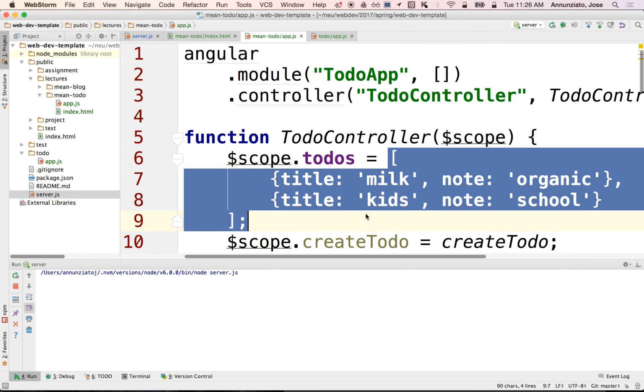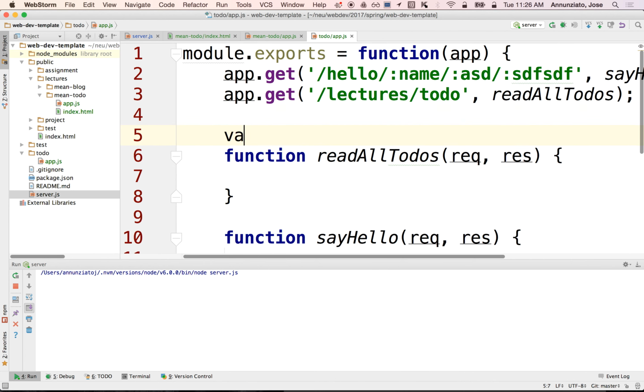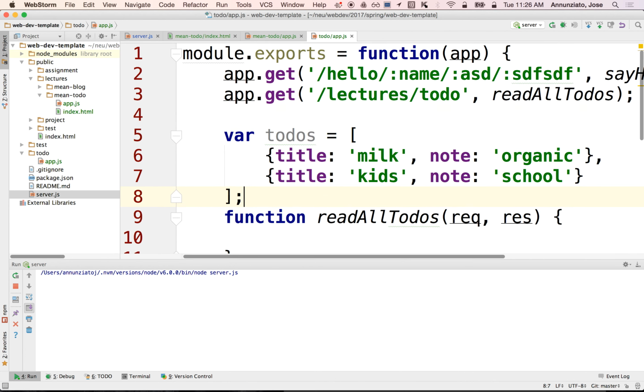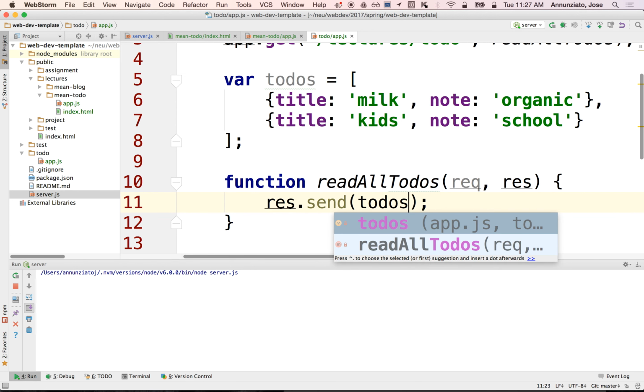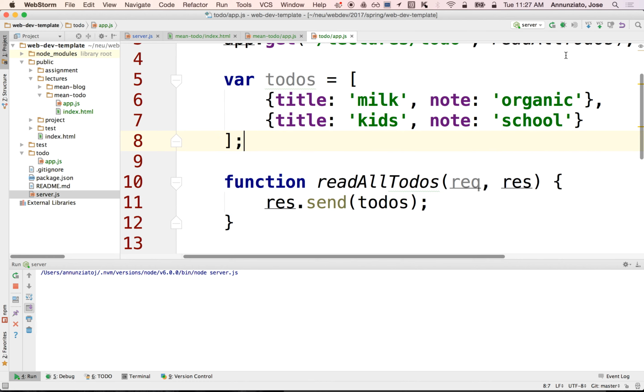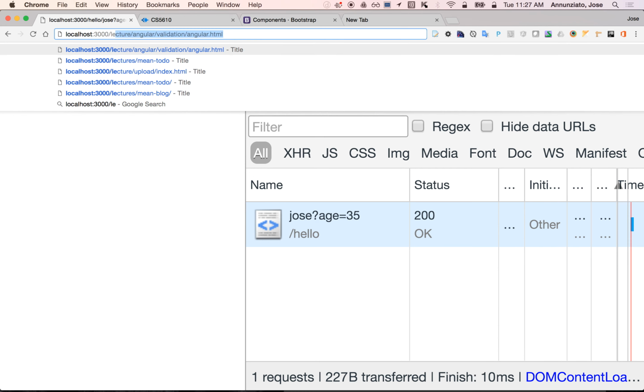So let's copy that. Maybe declare it here, variable to dos as an array. There it is, and we're going to respond with that array with response.send(todos). If we restart the server and we now query for